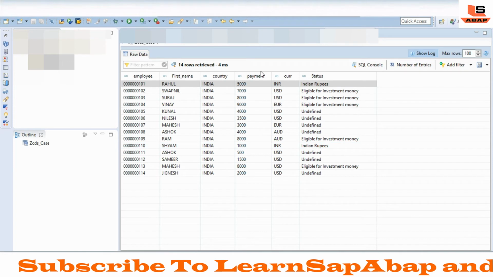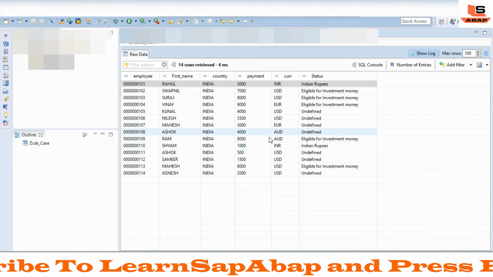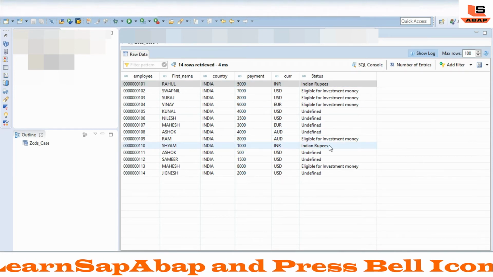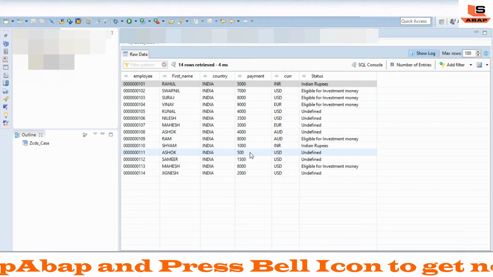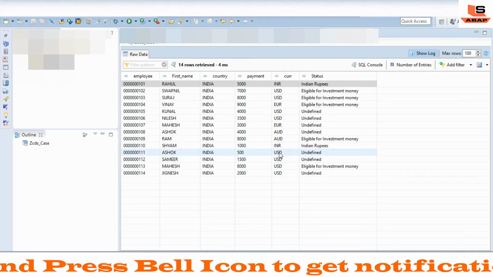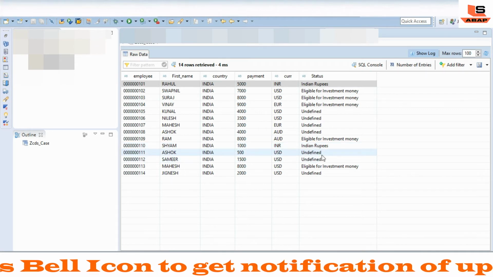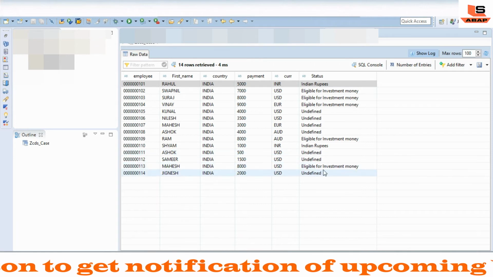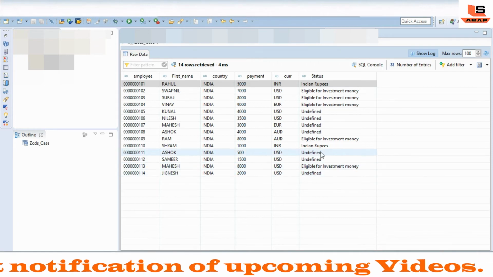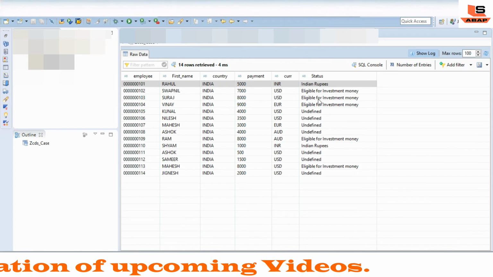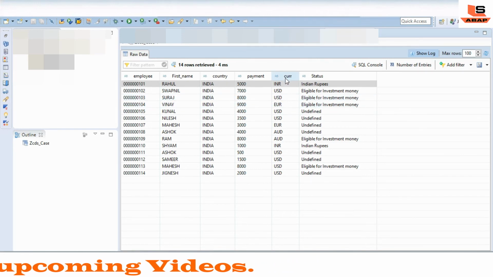Here the payment is less than 5000 and the currency is INR, so it's printing Indian rupees. Here the currency is different and the payment is also not satisfied, so it's printing undefined. And here also 8000, eligible for investment money. So this is the way you can use the case statement for multiple columns.